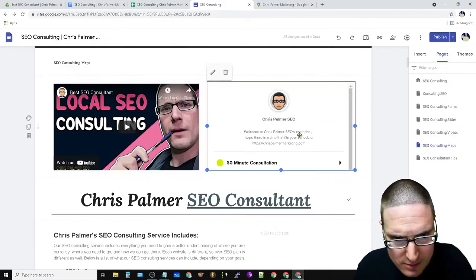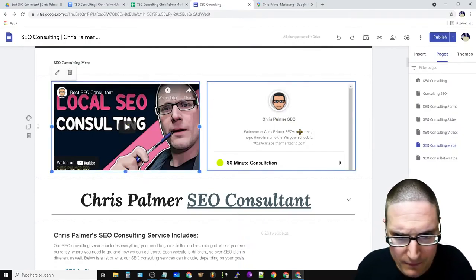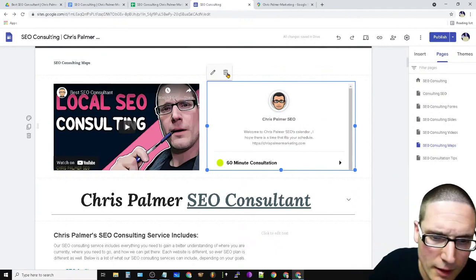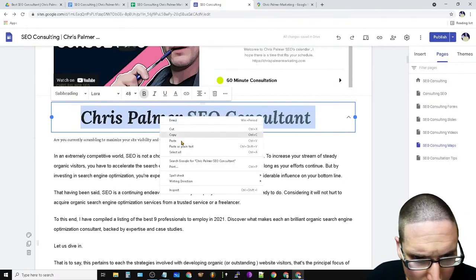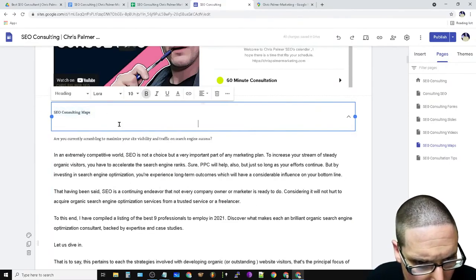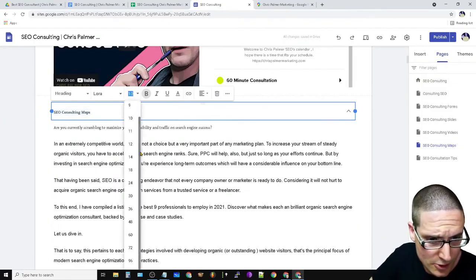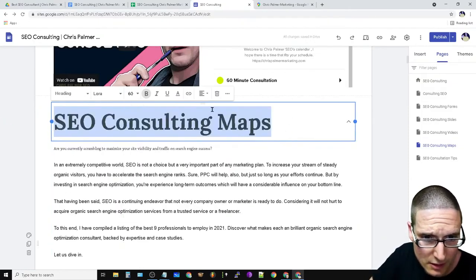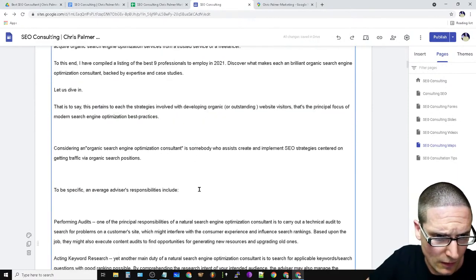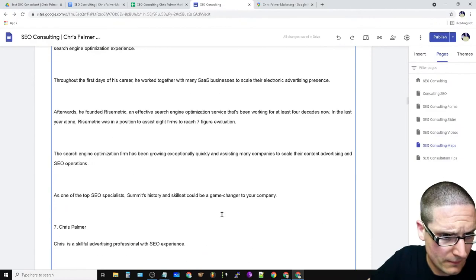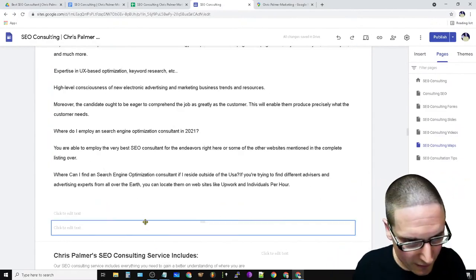We have this. We can get rid of. You can leave those there. All right, so let's paste that in there. Make this large, make it a 60, center it. All right, that's perfectly fine.